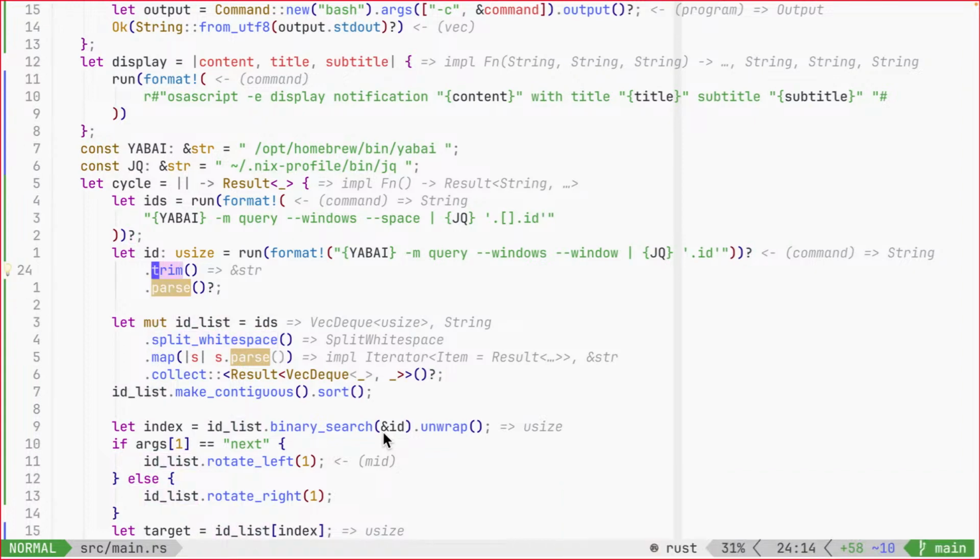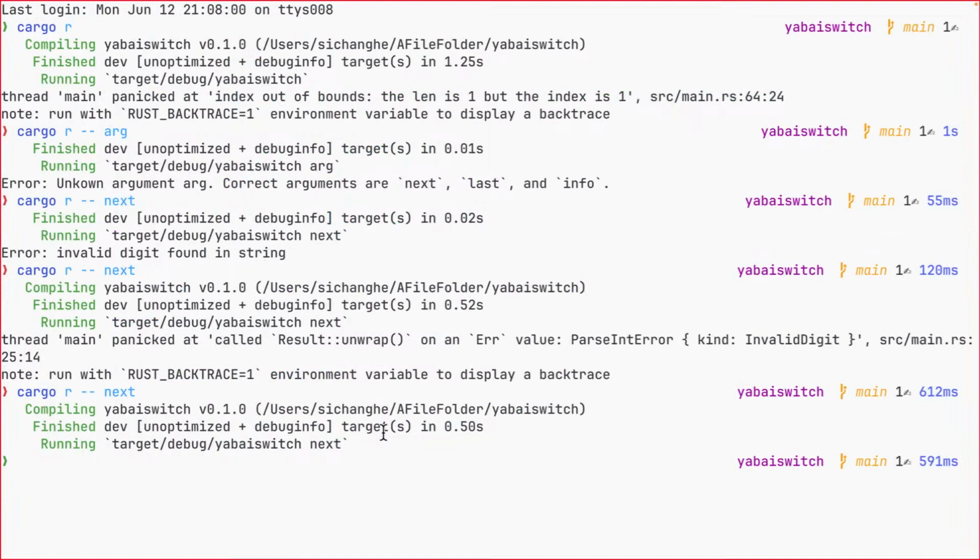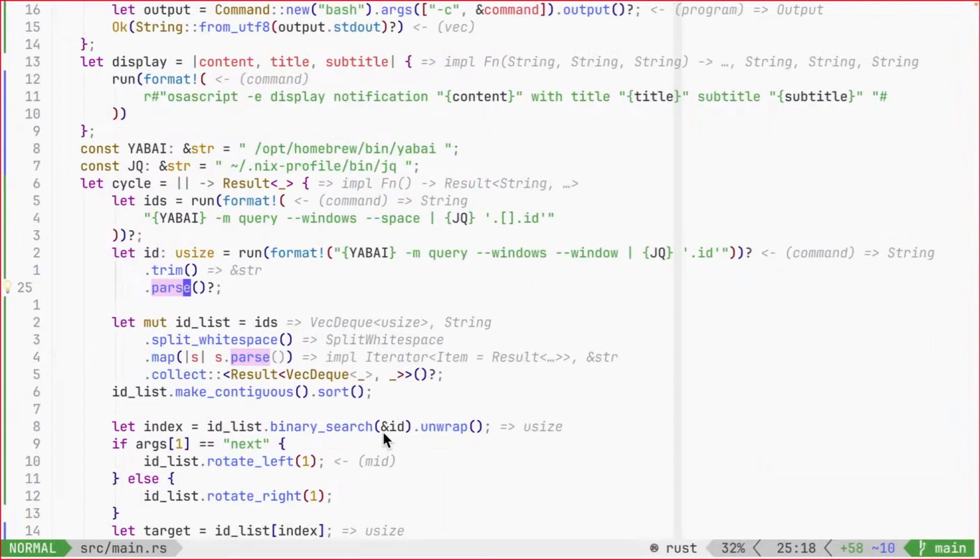So the problem would be that whatever run returns contains new line characters, and dot parse doesn't like that. So this does work,